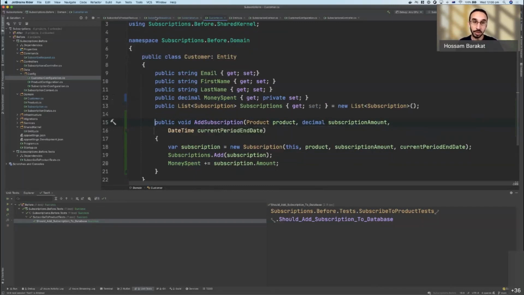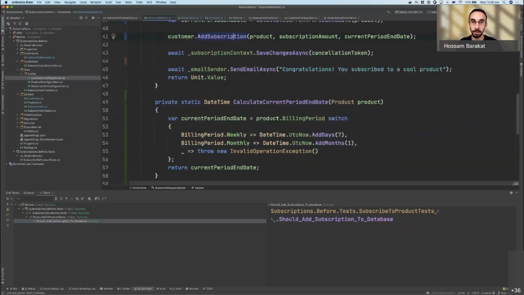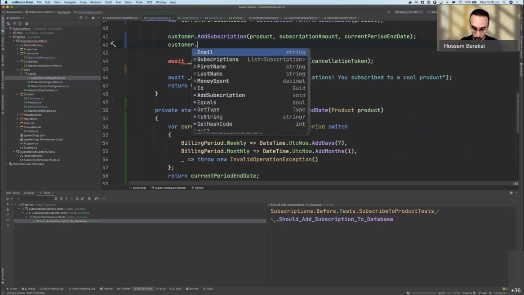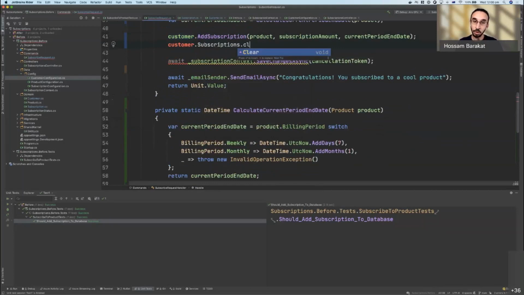But again, the consumers can still go away with doing something like this: subscription clear. The consumers of the customer class can still go and modify the list of the subscriptions. And this will break the relationship between the money spent and the subscription collection. So what we can do here is